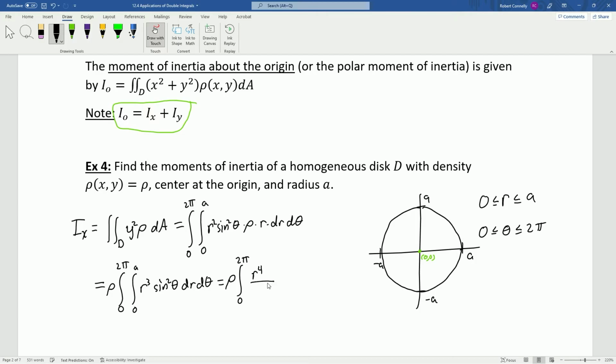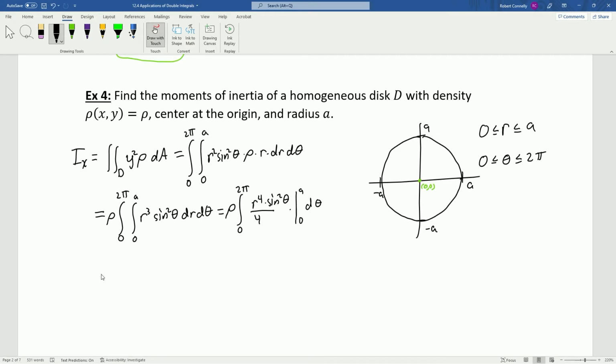We get r to the 4th over 4 times sine squared of theta, evaluated from 0 to a, and then we'll integrate again with respect to theta. This becomes rho times the integral from 0 to 2 pi of, okay, so we're evaluating r here. So this becomes a to the 4th over 4 times sine squared of theta. And then when we evaluate at 0, we get 0. Now a is going to be a constant, so we can pull out this rho times a to the 4th over 4